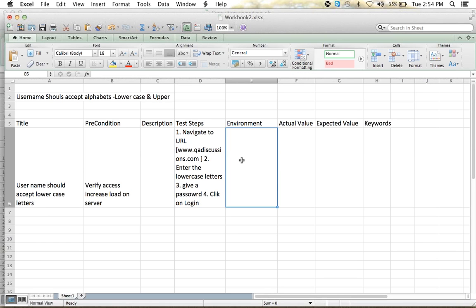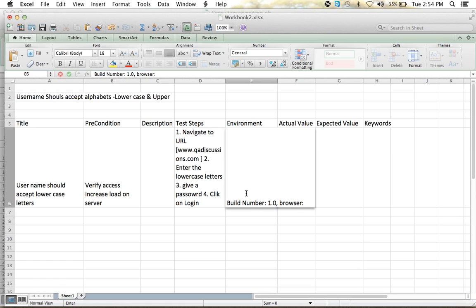And environment. Test steps is nothing but we are giving in a step by step process whatever actions we are performing on an application. And environment, so if we are verifying this, we can even mention a build number like 1.0, browser Chrome, and OS is Mac.